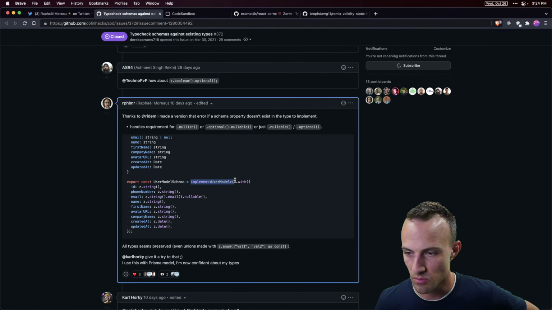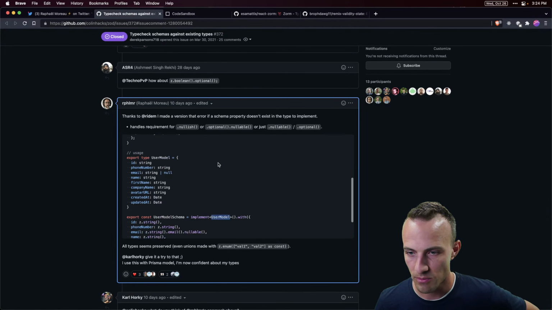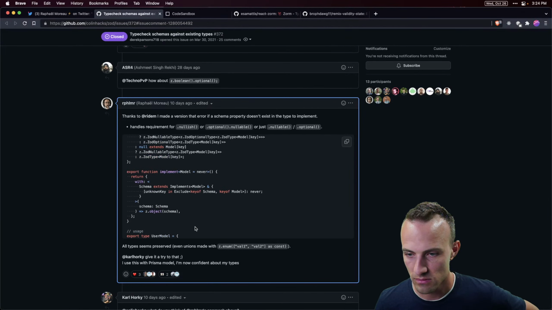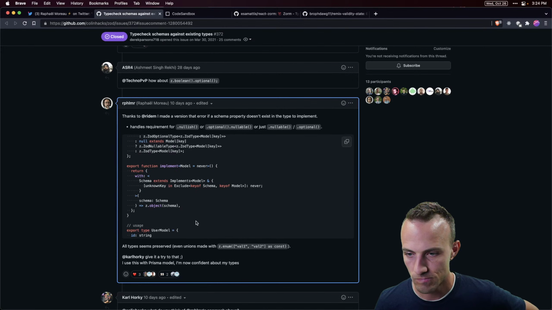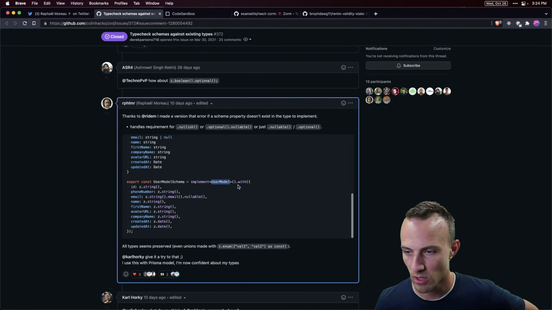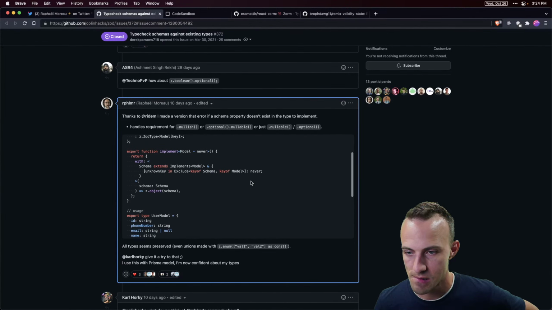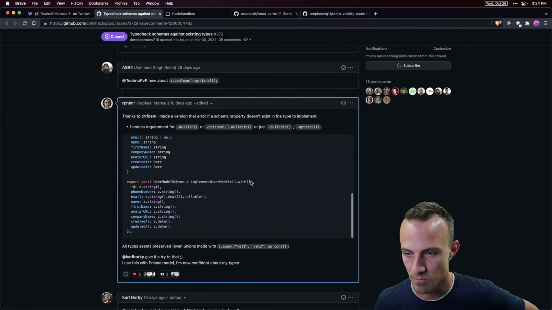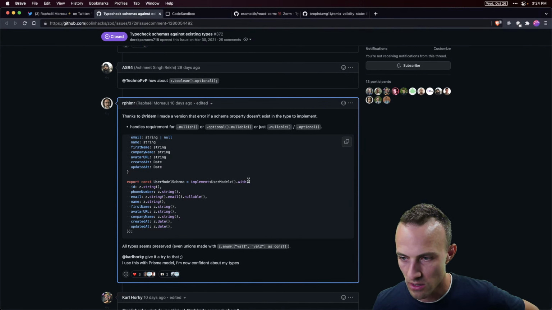And then you'd use the implement function. I'm not sure what that dot with is all about. I might write that differently. Why do you need a dot with? Anyway, with this schema,